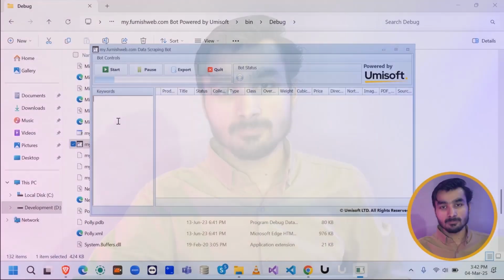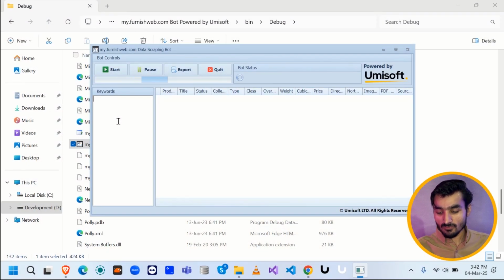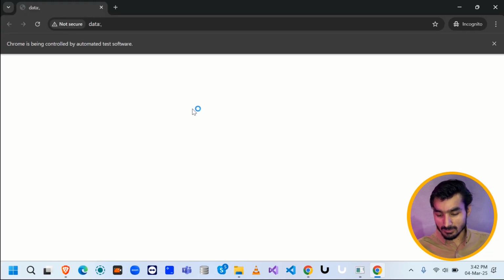Alright, let's move to the laptop screen and launch the bot. So this is the simple and user-friendly interface of the bot. First, let's enter our target keyword. Let's say we are looking for dining chairs. I will type that in, and instead of scraping everything, the bot will only fetch data relevant to our target keyword. Now let's start the bot by clicking the Start button, and as you can see, the bot is navigating to